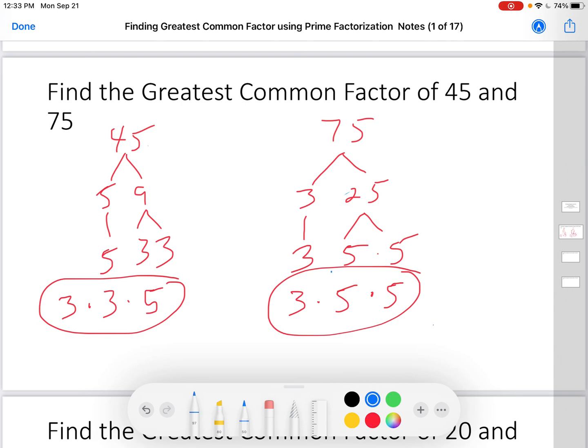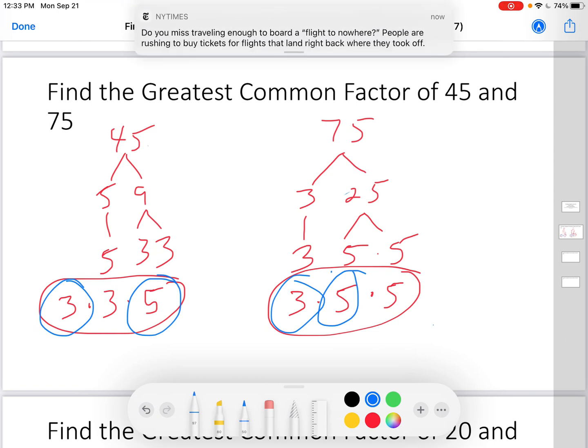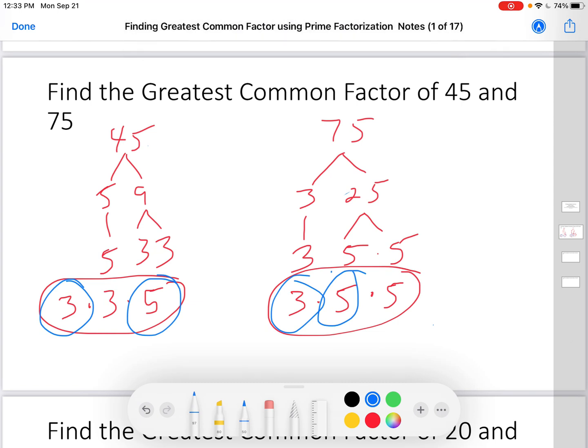Now I need to find the common prime factors. Well, they both have 3. 45 has a second 3, but 75 does not have a second 3, so they do not have the second 3 in common. Next, they also both have a 5. 75 has a second 5, but 45 does not have a second 5, therefore they only have a 3 and